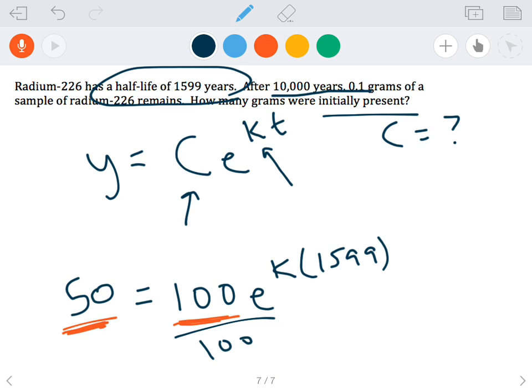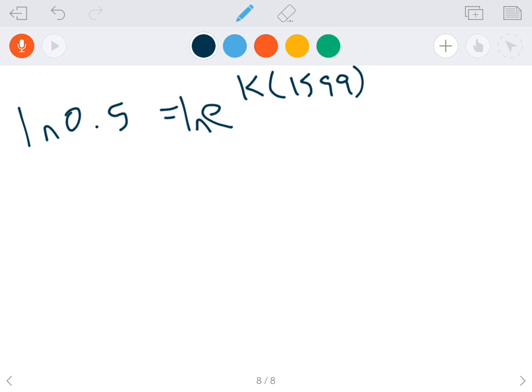So I'm going to divide both sides by 100. And you'll see that no matter which two values you chose here, you should end up with 0.5 equals e to the kt, and I know my t here is 1,599. To go about solving for k, I take the natural log of both sides. The natural log of 0.5 is negative